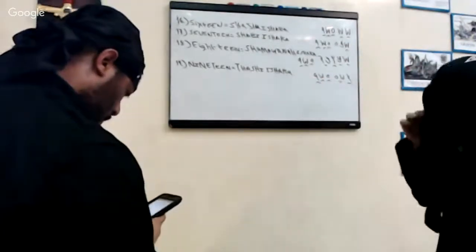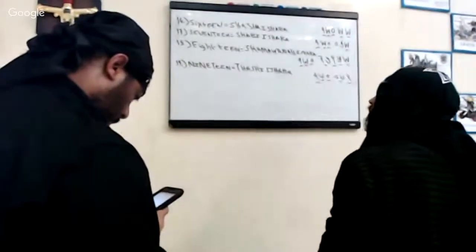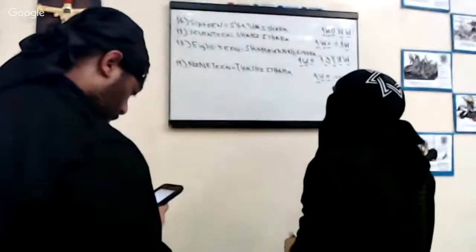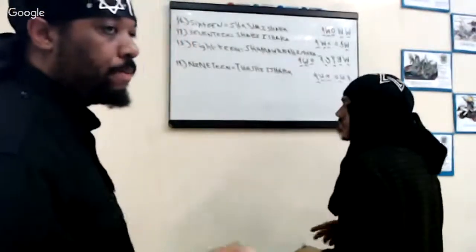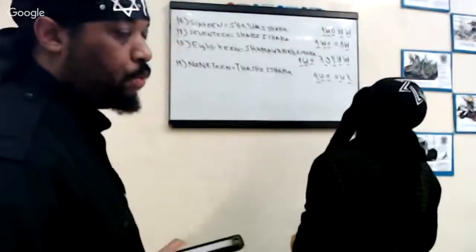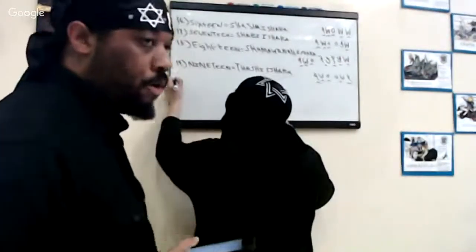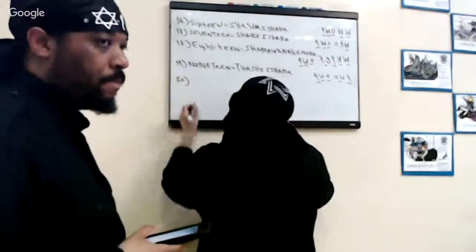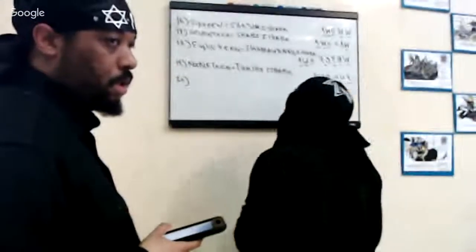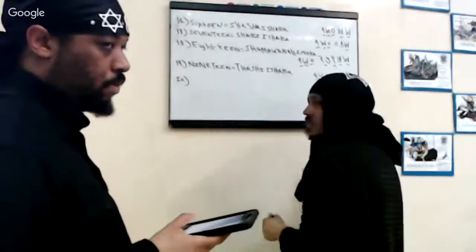Okay, now, number 20. So what's number 10 in Hebrew? Number 10 is what? Young man Joel. So what would 20 be? What do you add to a word to give it a plural? Plural, like akyam. You would add the plural ending at the end. Oh. So 20 would be,